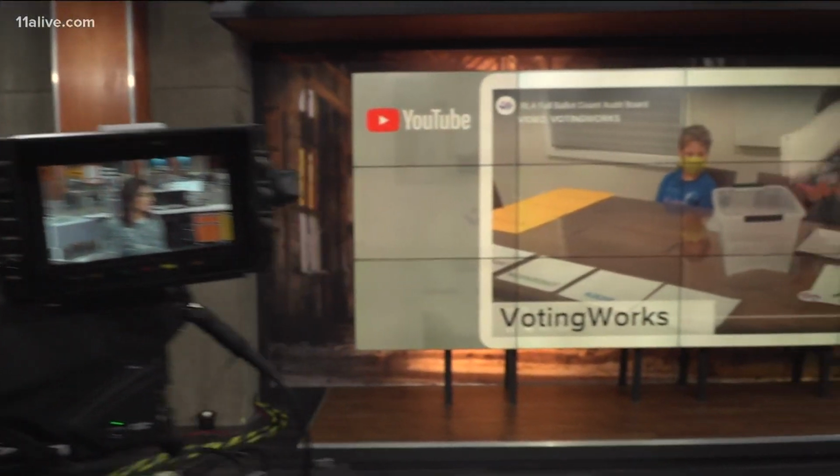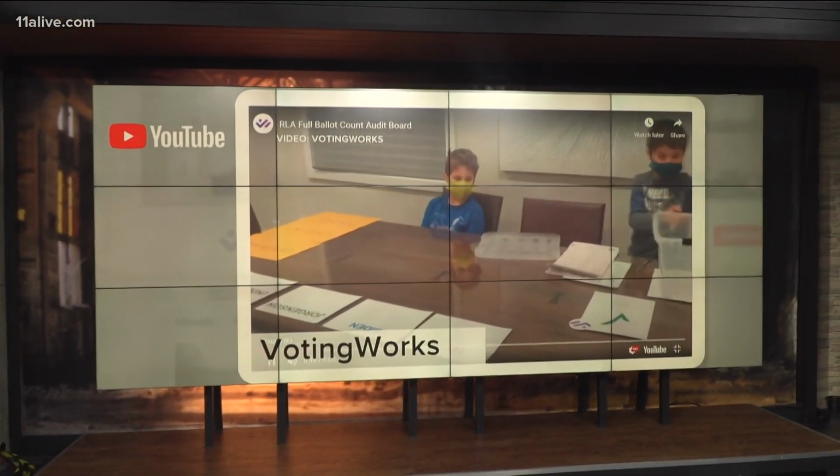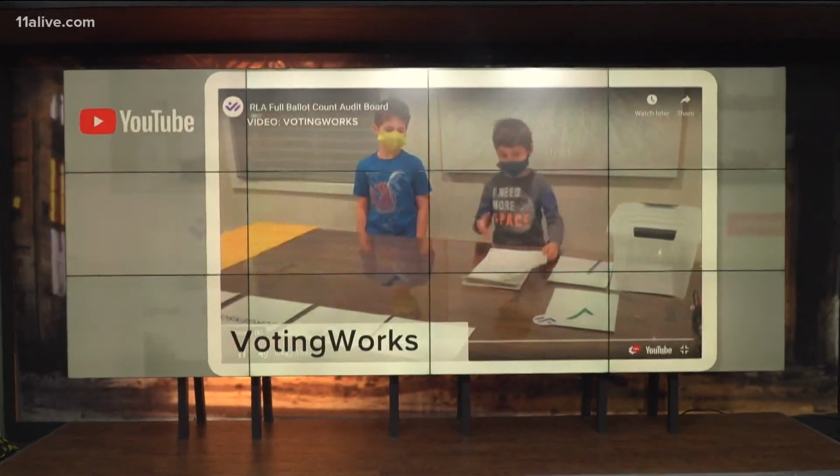We begin this morning with Decision 2020. Georgia's historic election audit is now underway. Some counties are beginning bright and early, and election workers are manually counting the first of roughly 5 million presidential ballots all over again. The Secretary of State's office sent out this training video to Georgia's 159 elections offices to show how